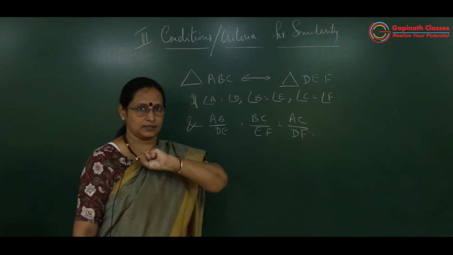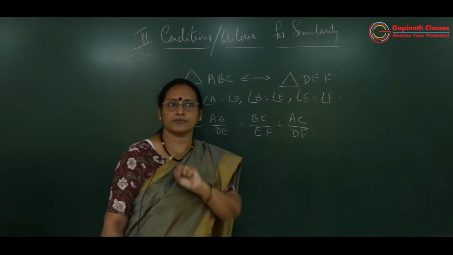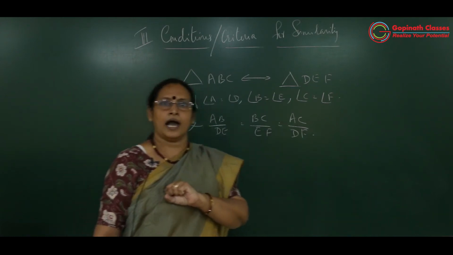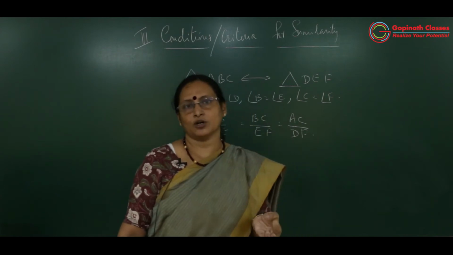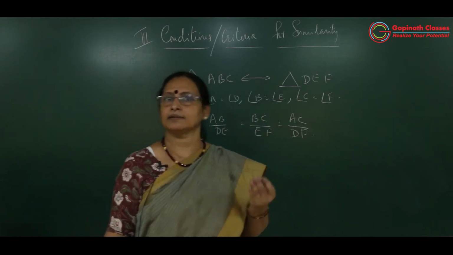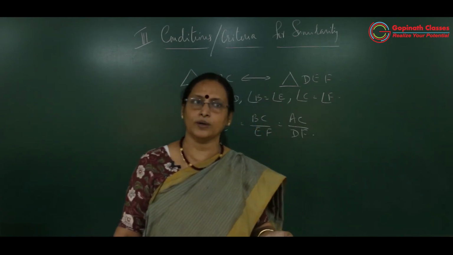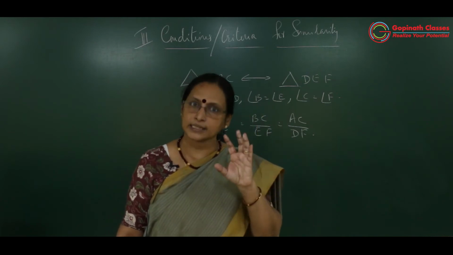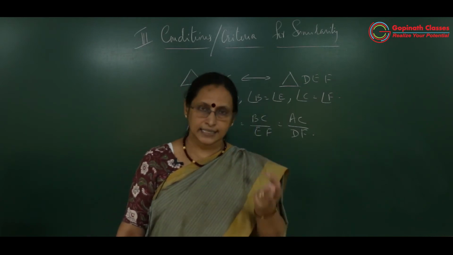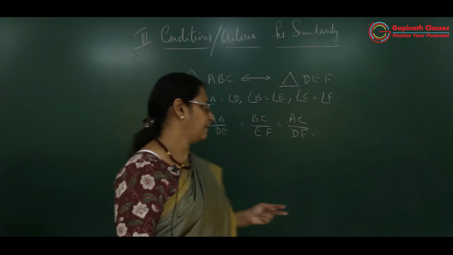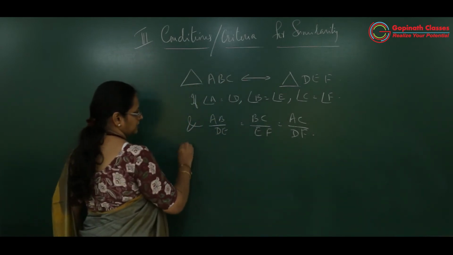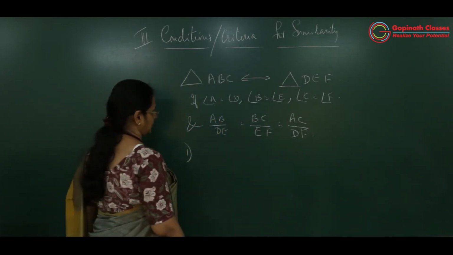We can shorten it as we learned in congruency. Actually, there are 3 sides that have to be congruent, corresponding sides, and 3 corresponding angles that have to be congruent. We made it shorter to the SAS condition and SSS condition. The same way, I can make the first condition.